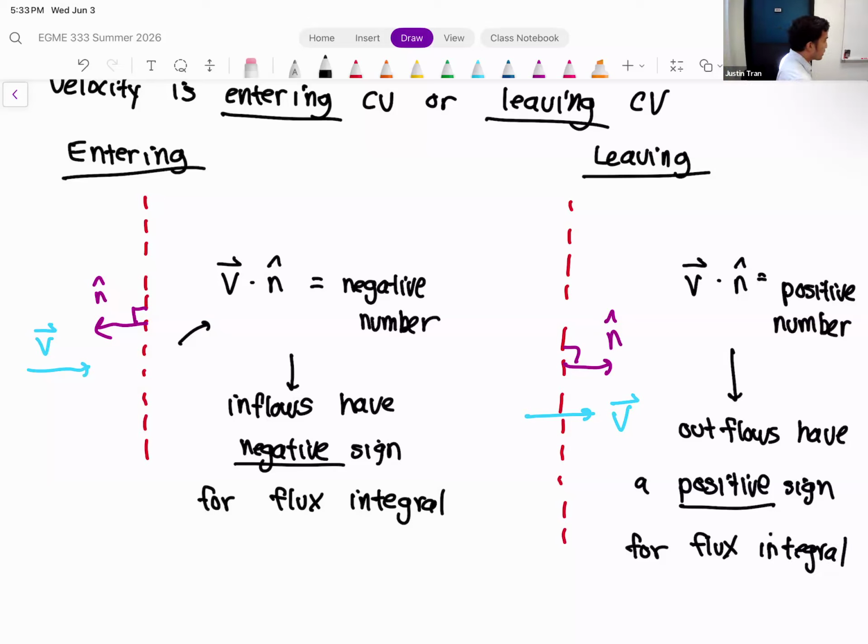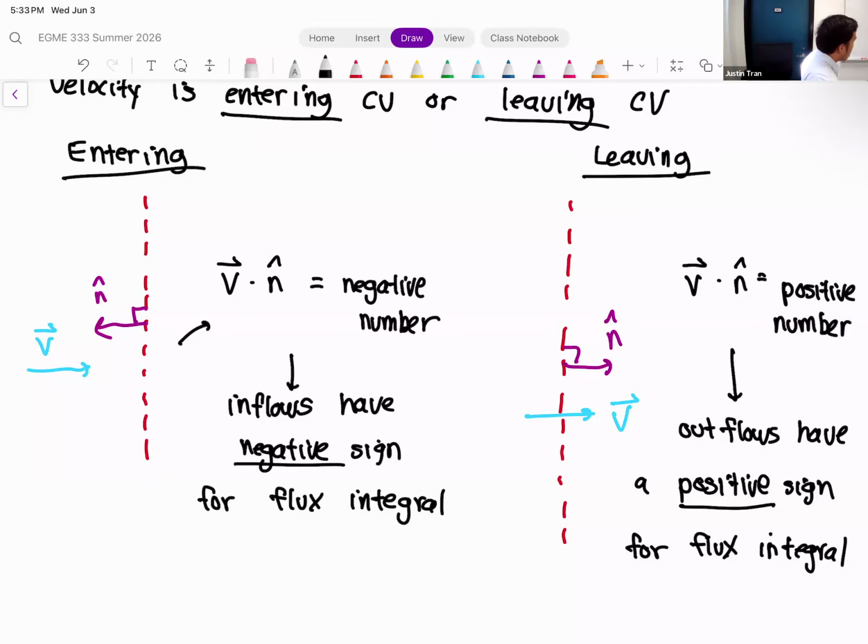Okay. So that means when you compute the flux integrals for outflows, you're going to get a positive number. All right. Any questions on that dot product quantity there? Okay. One other comment I'll make on the dot product, and then we'll wrap this up with some tips and